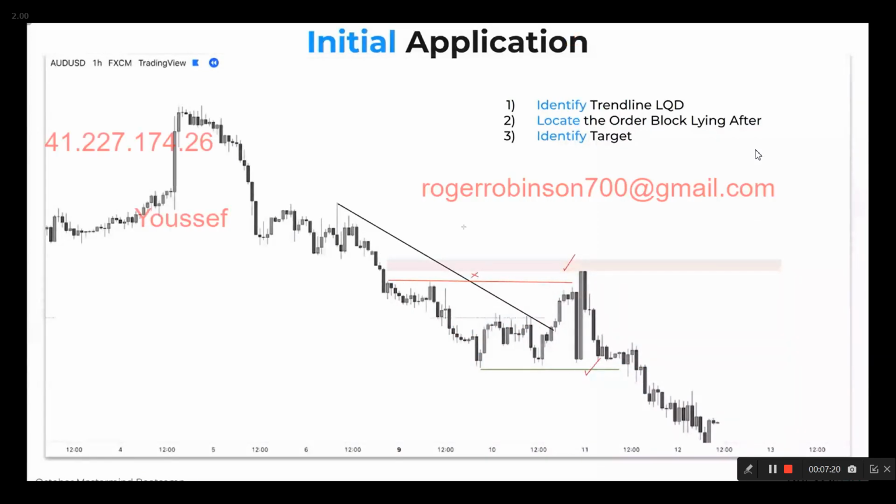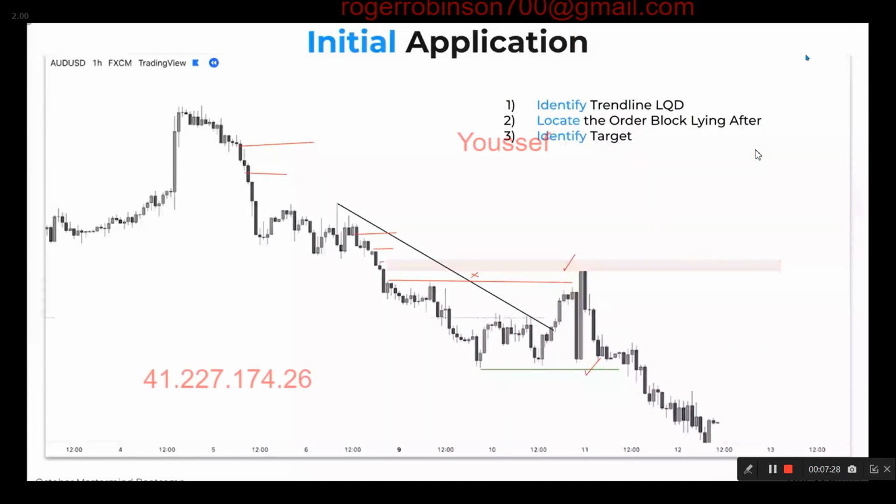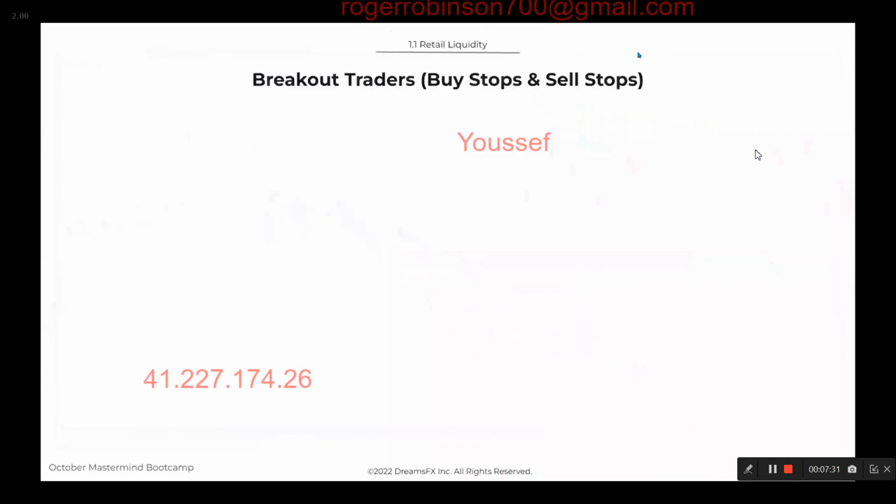Very straightforward, but again, when you identify these order blocks, it can get confusing. You should only ever have 2 order blocks at the absolute maximum. If you're saying order block, order block, order block, order block, order block, that's not SMC, that's gambling. That's not a logical approach. But this is how you need to start approaching it. Great. So now the